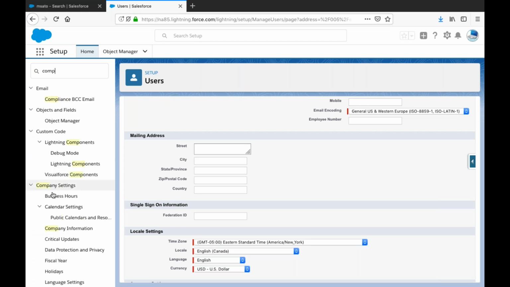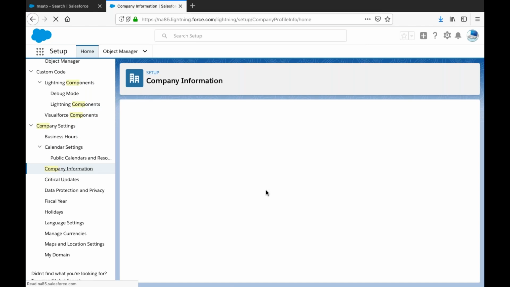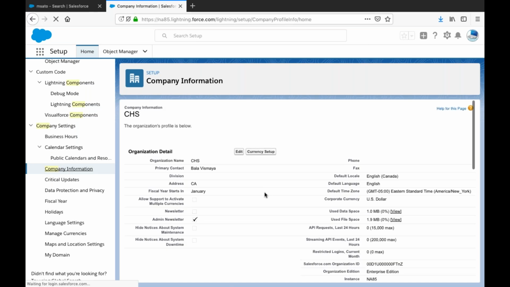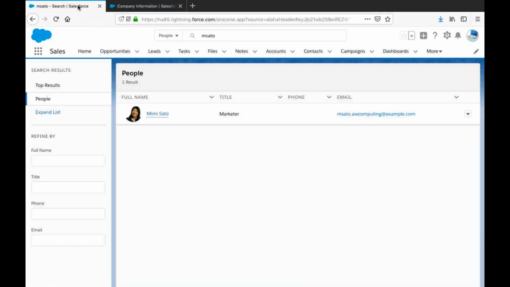click company settings, and under the company information, what can you see? You can see the number of user licenses that are available, which are already used. Yes, if you notice, already 51 licenses have been used and only 4 are remaining under the Salesforce. If more than 4 people are joining the company, then you might have to alert the management saying, hey, we have only 4, there are 5 people joining in the company in the next 1 or 2 months, better we buy the license accordingly, right? Then